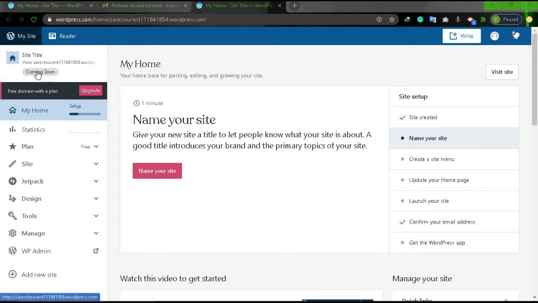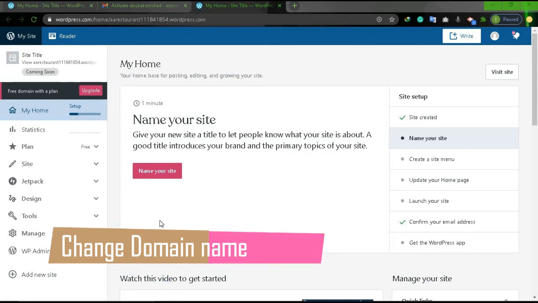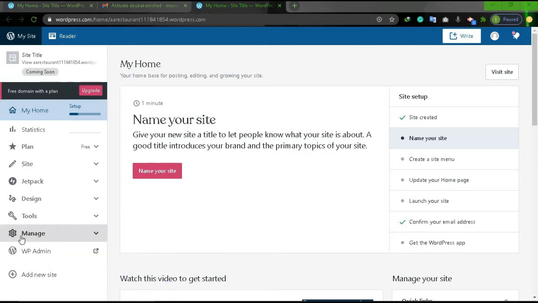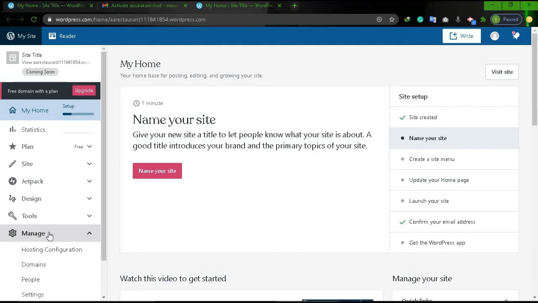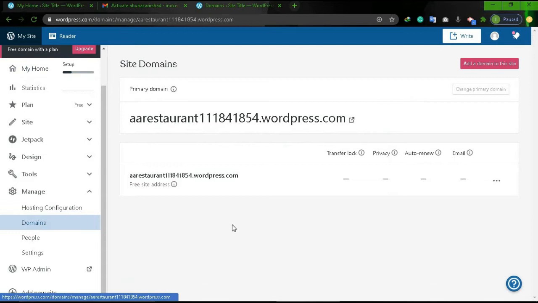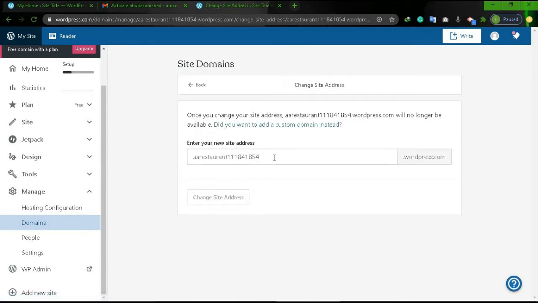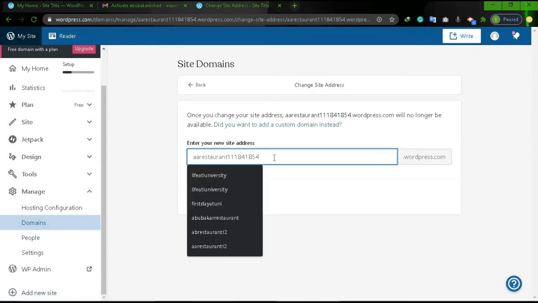You can see that this domain name is very difficult to memorize. You can also change your domain name. For changing your domain name, you have to go to Manage and click on Domain. This is your current domain name. Click on it, change the site address and type the new domain name.